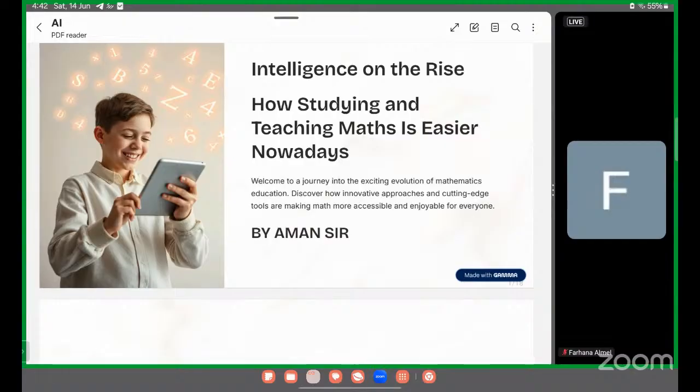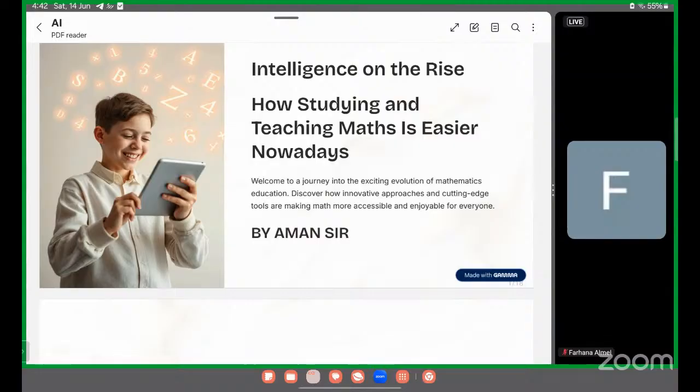So, good evening, everyone. My name is Aman Kumar, and I am senior maths faculty at ADCI Pune. Before that, I contributed as subject matter expert in mathematics at leading edtech platforms like Topper and Textbook app, where I witnessed firsthand how technology and innovative teaching methods are transforming the way students learn.